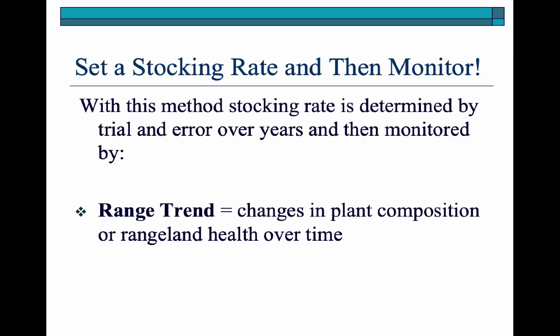So the idea with the stocking rate is that it's not 100% foolproof. So even though you do your best to estimate how much forage is out there, what the animals are going to eat, etc., there are things that can change those that you may not know about. So when you are trying to set your stocking rate, the other half of that equation is to monitor. And so when you monitor rangeland, you are establishing parameters that define rangeland trend. And so rangeland trend is the change in plant composition or rangeland health over time. And so you always need to be monitoring and adjusting your stocking rate based on the results of those